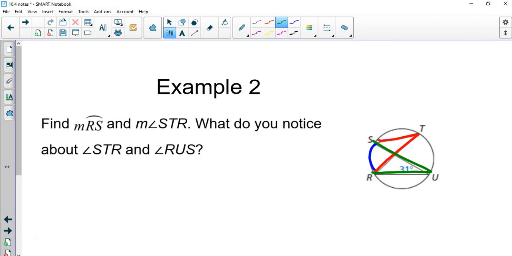Okay, so RS is the arc formed by angle RUS. Now we know the angle measure for RUS is 31. Remember though, since it's not coming from the center, we actually have to double that. So that makes arc SR 62 degrees. So the measure of arc RS